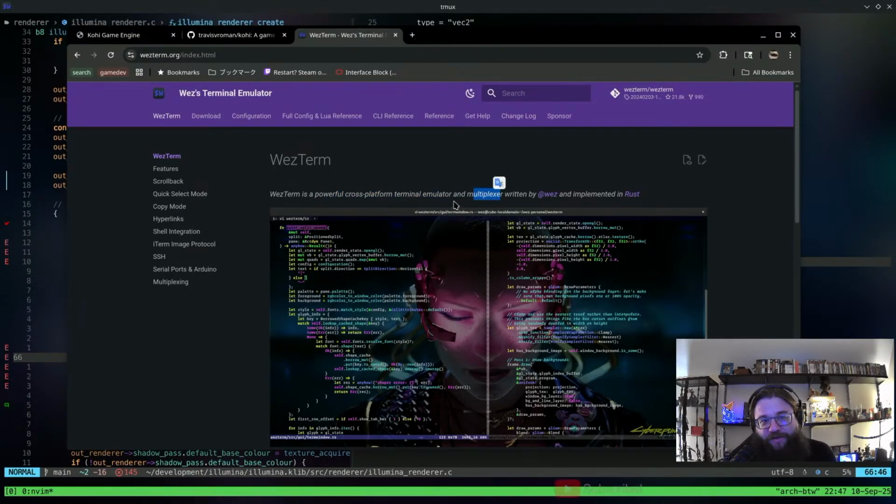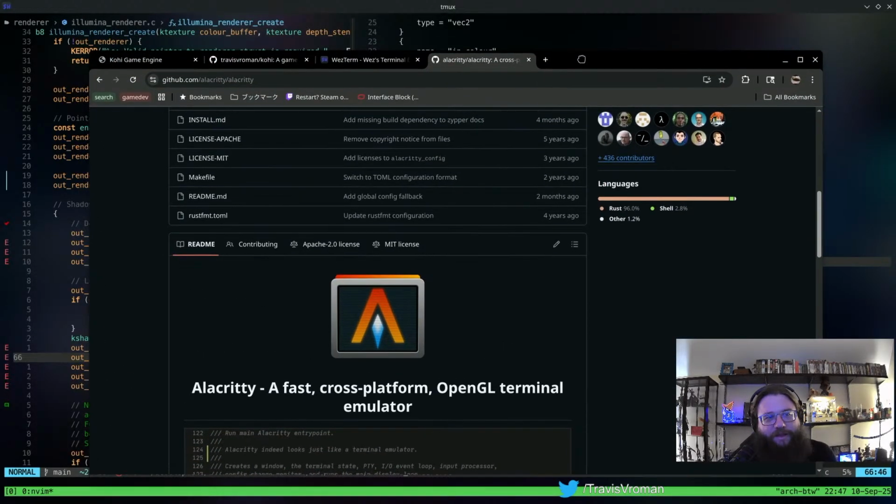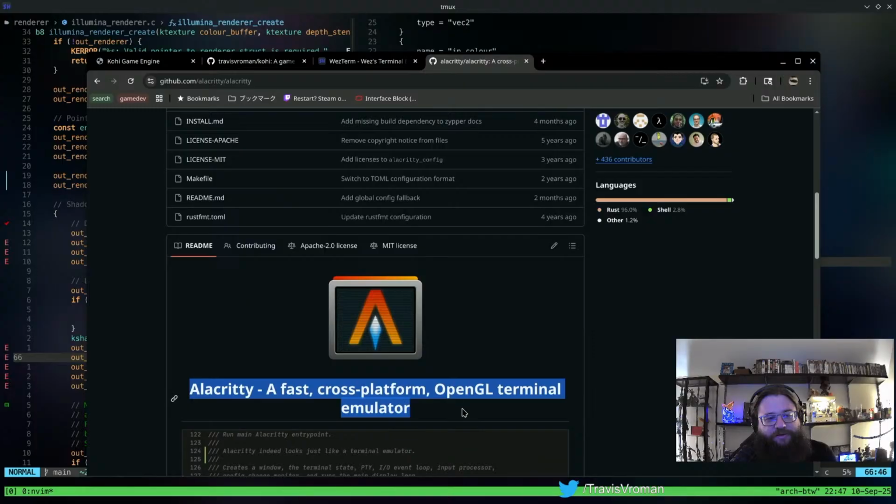And multiplexer, technically, because it has a multiplexer in it, but I just prefer tmux. I think Alacritty said the same thing. Yep, I thought so. Alacritty says it too. Terminal emulator.